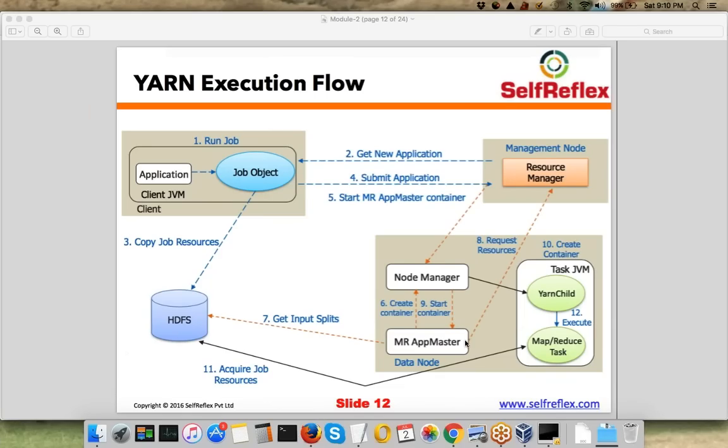Let's say you have 10 applications running in your cluster. Every application, let's say, has 100 tasks, so you have a total of 1000 tasks running in your cluster. In Hadoop 1.0, the job tracker was the only entity managing all these 1000 tasks. If any task would fail, the job tracker would relaunch that task. So that was one process monitoring all the tasks in the cluster. But here, every app master will be monitoring its own tasks. So in a way, you have divided the responsibility. Make sense, guys?